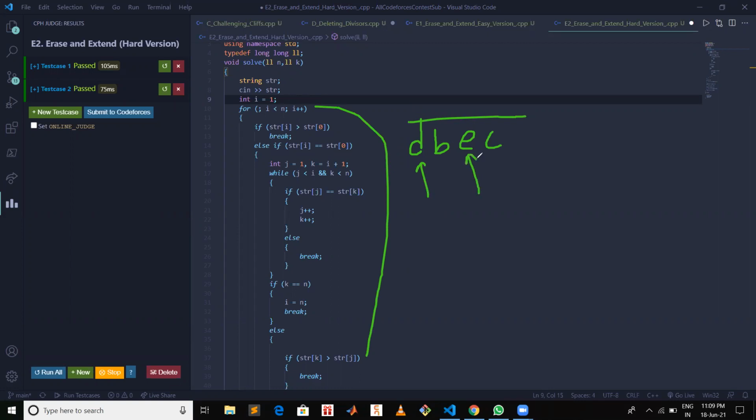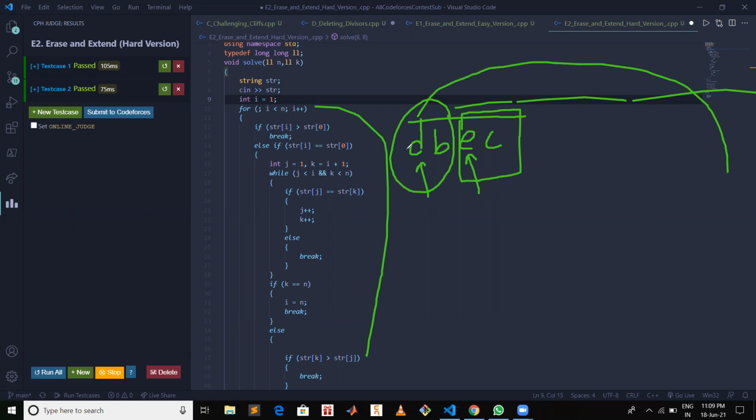From this i, I will remove this part which is coming from this i to n, and this remaining part I can concatenate again and again, so that I can get the first k characters from the string I get after concatenating, and that would be my solution.